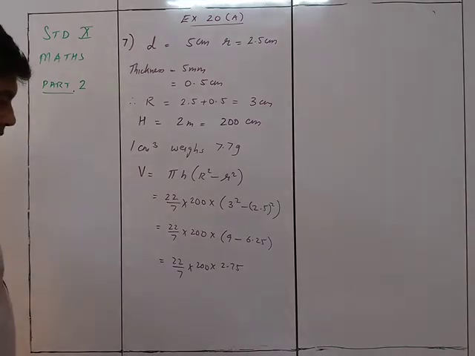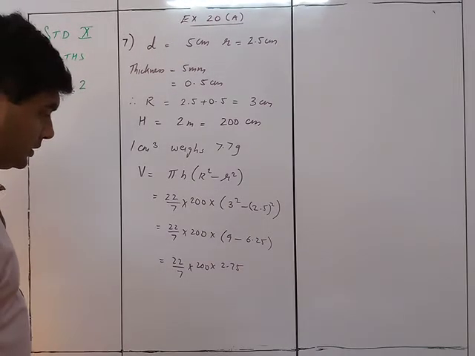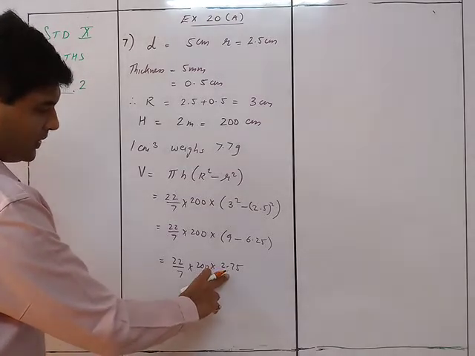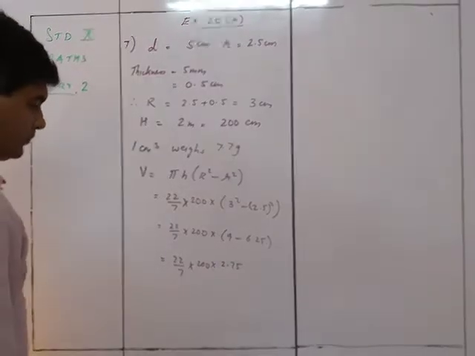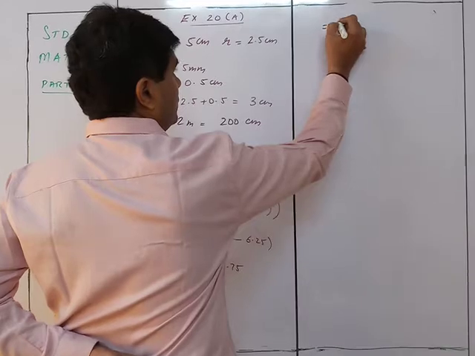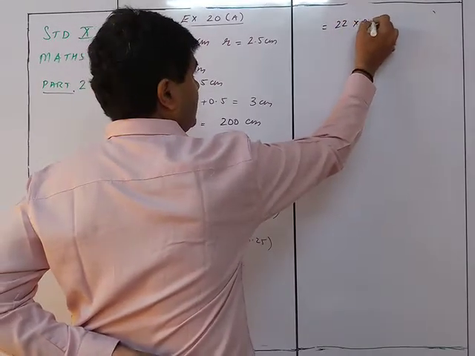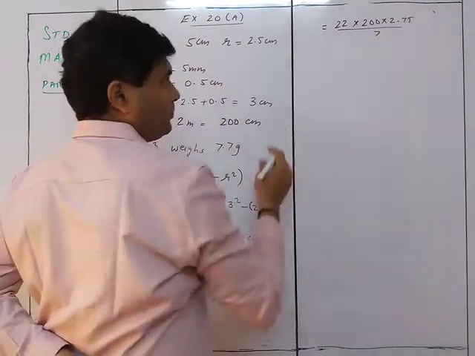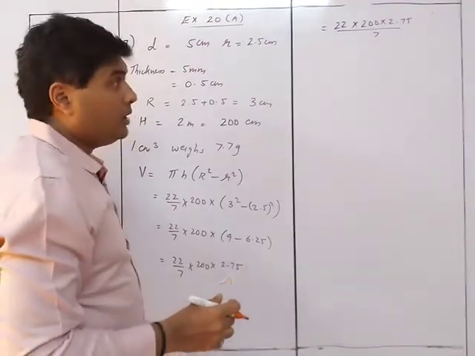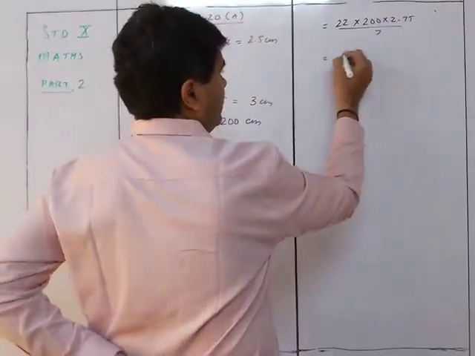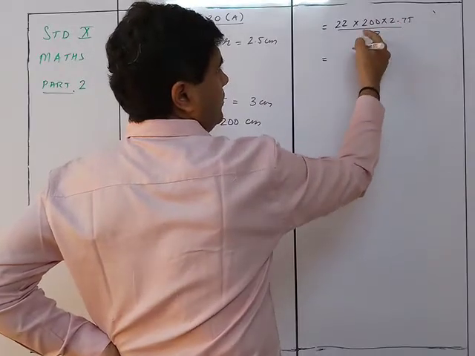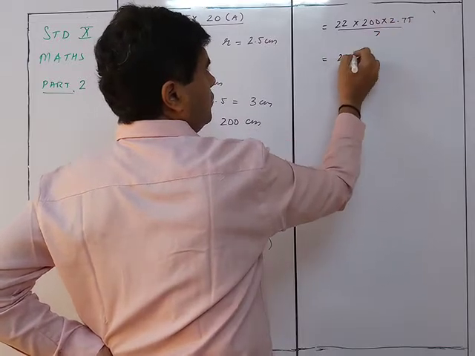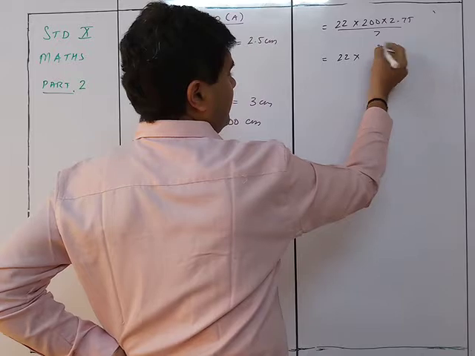We can just check over here whether this is divisible by 7 or not. 7 21 and then 65, so not divisible. So we have 22 into 200 into 2.75 upon 7. If you multiply this two, it will automatically be double, because 100 times 275, so 22 into 275 into 2 will be 550